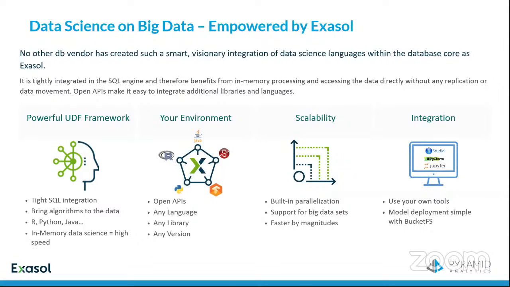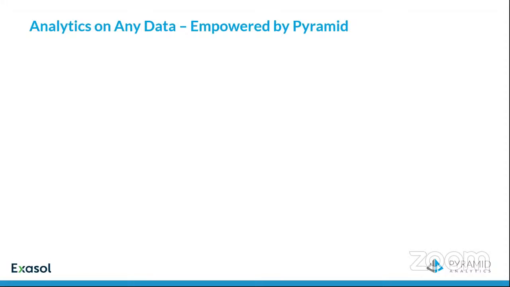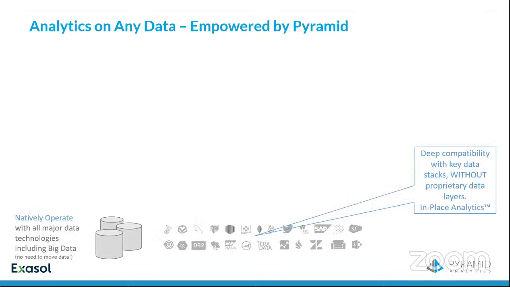So let's dig down a little bit further into Pyramid itself and what's in the box. Well, Pyramid, as you look at it from a three-tier point of view. First of all is your data. And Pyramid effectively always operates in what we call direct query mode. This allows you to query or produce and conduct analytics in place, effectively regardless of the underlying data storage engine. This includes, of course, all the standard SQL type databases, and enterprise in-memory engines such as Exasol.